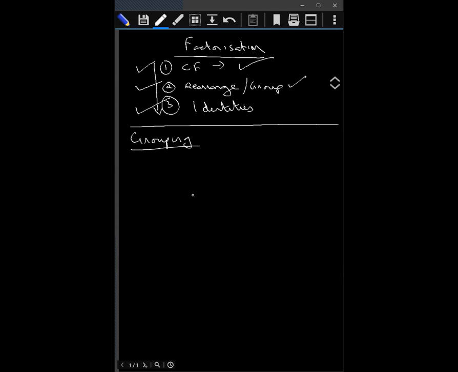When is grouping used? When you will see that you cannot directly take out any common factor, okay? Then we come to the next step, which is either rearrange and group, or group and rearrange, or only group. So in fact, this is the third one. I can write this as 3. This is 4. Another step here is called grouping, in which we don't need to rearrange and group, we just group directly. Okay? Let's take an example. AB plus BC plus AX plus CX. We need to group. We need to factorize.